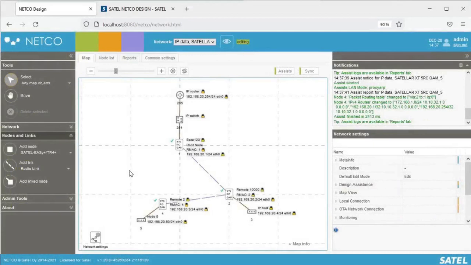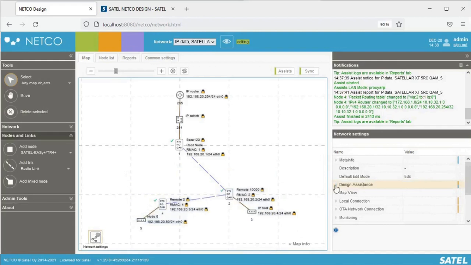By default, the software creates the radio and IP routing tables from the root node towards the remote radio stations, and for the remote radio stations the communication paths are created only towards the root node. If there is a need for the remote station devices to exchange IP data with each other in the selected Layer 3 communication modes, user needs to enter to the network settings,